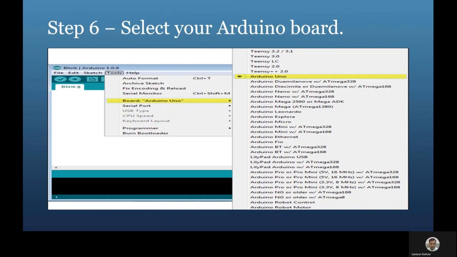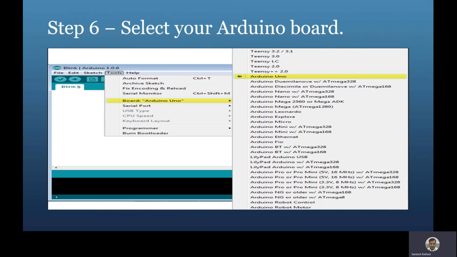Next we have to select the Arduino board. To avoid any error while uploading the program to the board, we must select the correct Arduino board name, which would match the board that is connected to our computer.